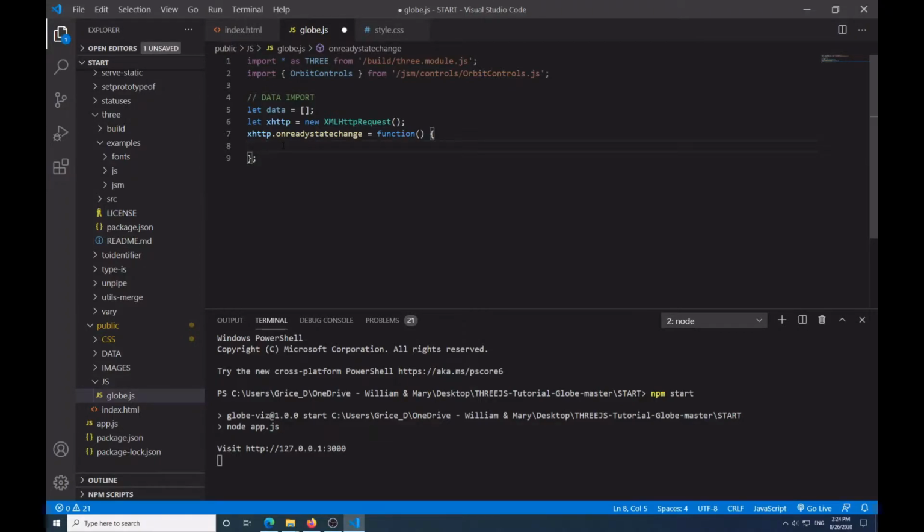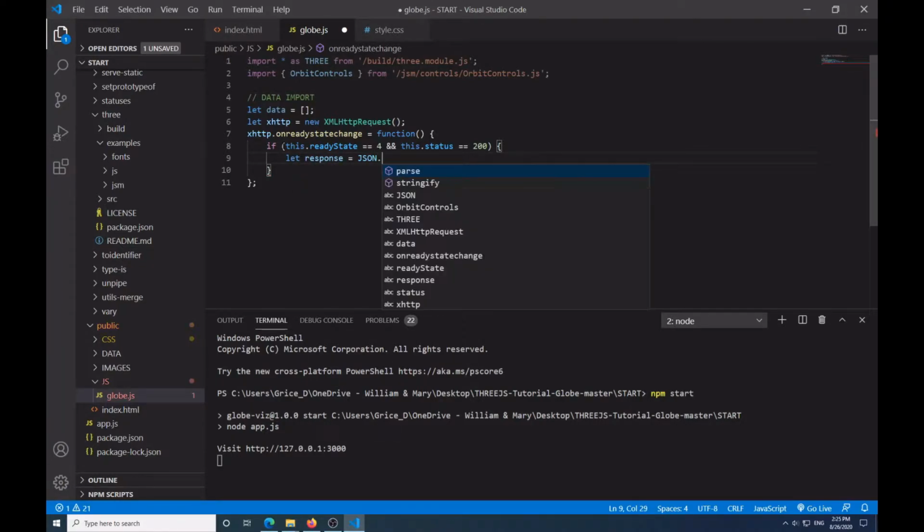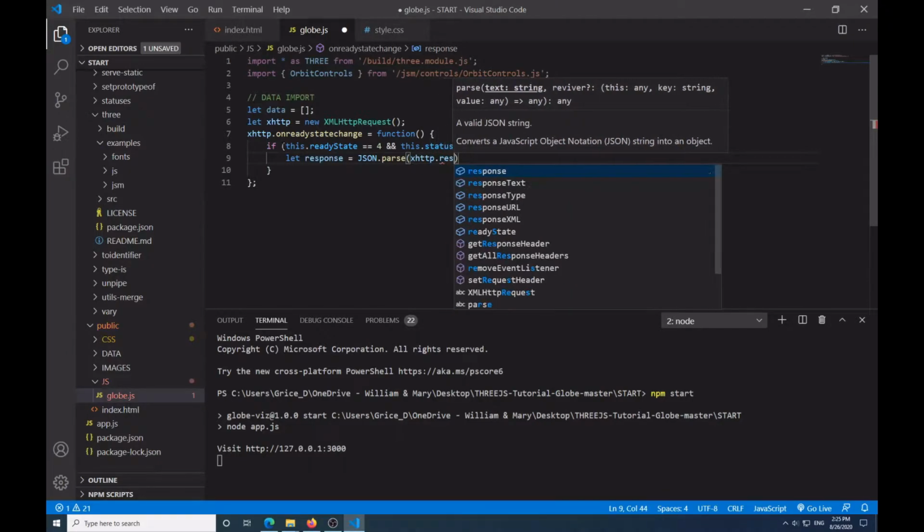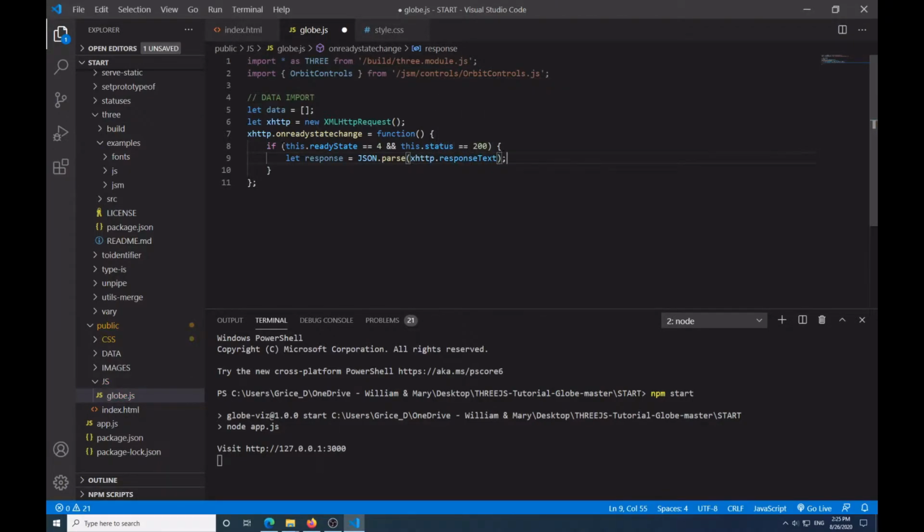And then we're going to say here if this.readyState is equal to 4 and this.status is equal to 200. Then we're going to have another open closed curly brace. We're going to say let response equal JSON.parse, because this is a JSON file we're trying to parse. We're going to say xhttp.responseText, and then we're going to say let output